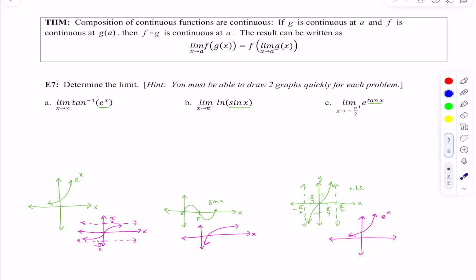We're going to take advantage of this result and use our knowledge of algebra and trig to evaluate the following limits. The idea is to look at the inside function first. In f composed with g, the inside function is g of x, and the g of x function actually goes first. So when you're analyzing the composition of functions, you're really just analyzing their respective graphs one at a time. For the very first example here, we could actually look at